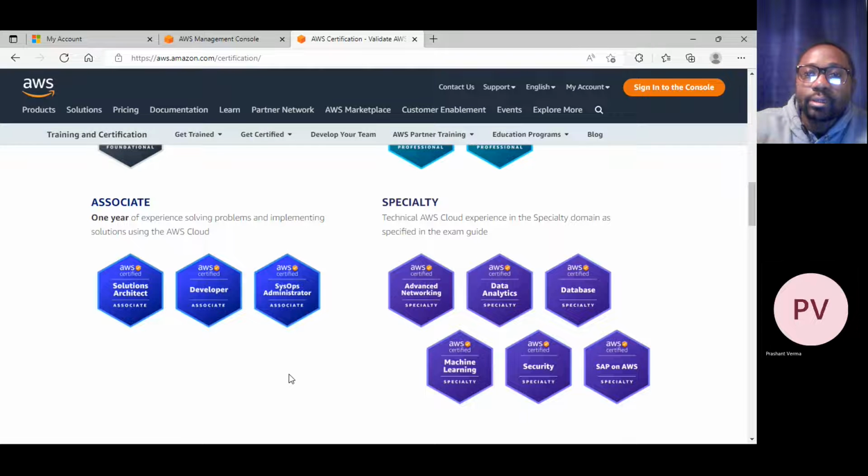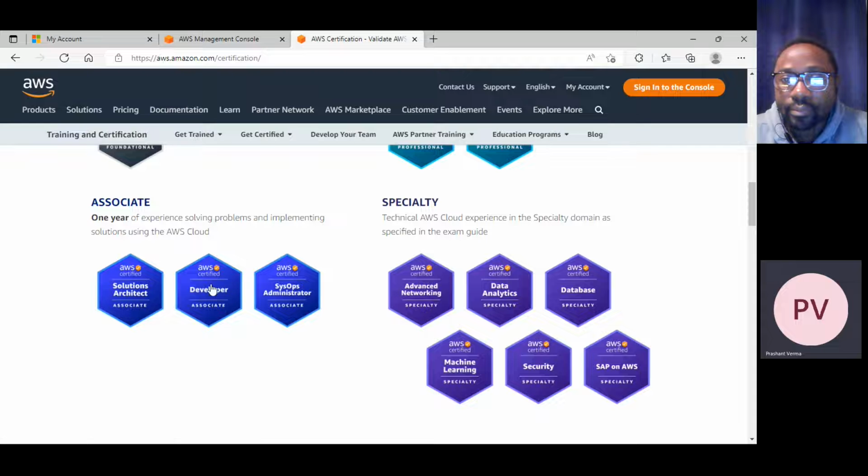The specialty on your right-hand side. Are you going to specialize in that particular area, or is it different from Solution Architect? No, it is the same, but it will focus more on that particular field.